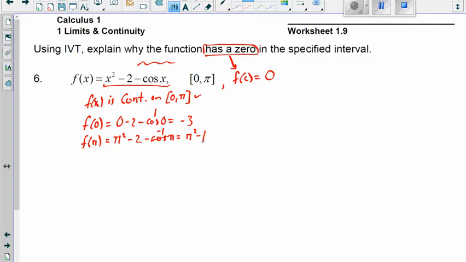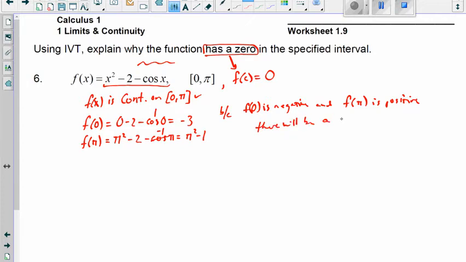Well, that's a problem. I could estimate what pi squared is, maybe 3 squared is 9, minus 1 is 8. That doesn't matter. We can just use this to explain because this is positive. Okay, so we could say because f of 0 is negative and f of pi is positive, that's all we really need. 0 is going to be between any negative and any positive. We can say there will be